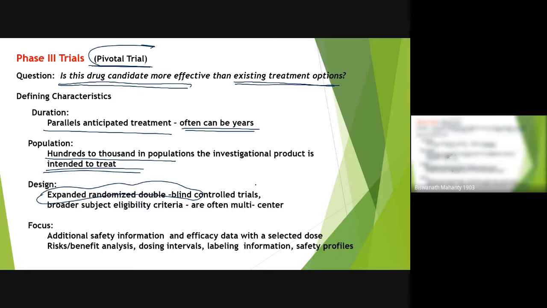Double-blinded means I am the researcher, right? For example, you are the clinical trial subject, the test candidate. I also do not know what I am giving you. You also do not know how much of the drug you are getting. Then you say, how is it possible? Oh, okay, something is definitely recorded. So all those data are recorded by a numeric code. That code is already prepared by the administrator.